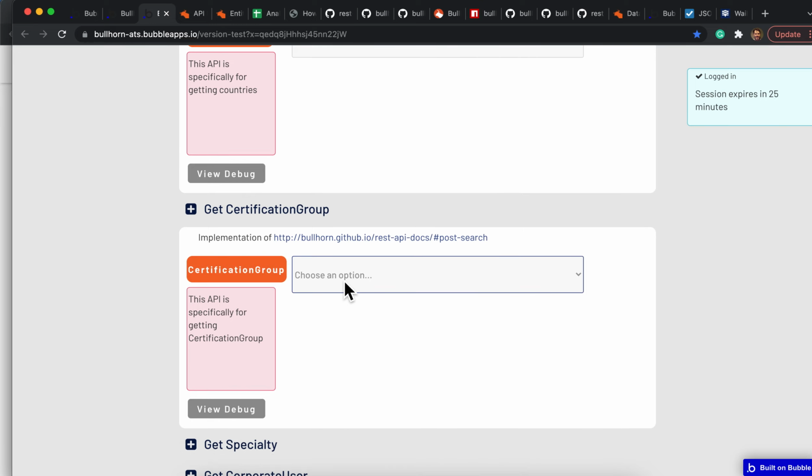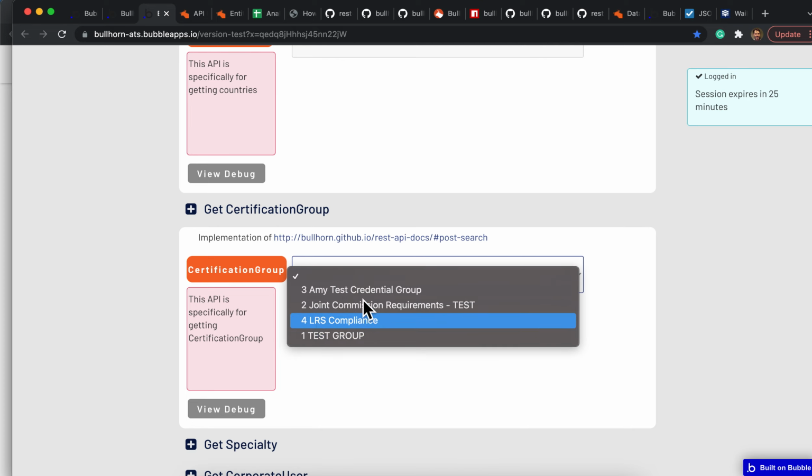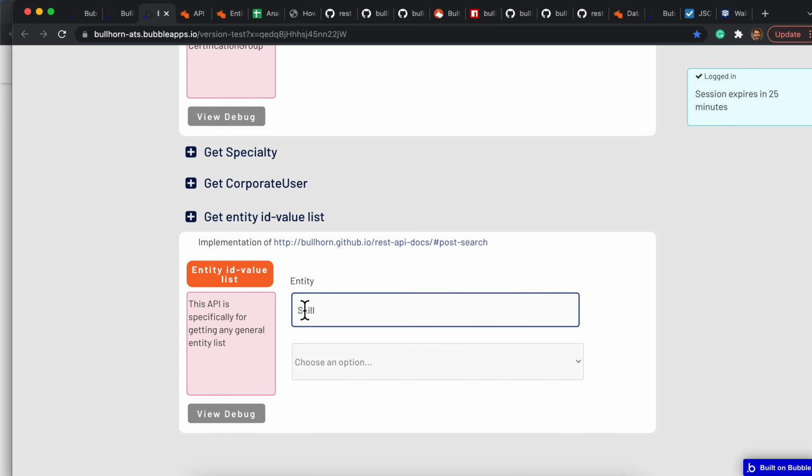Because they're ID values, they can fit into a generalized structure in the JSON, so we can generally pull back these things. So any entity that has an entity ID, like a skill, or I could put in any entity in here, as long as it's got an ID and a name, then we can pull back